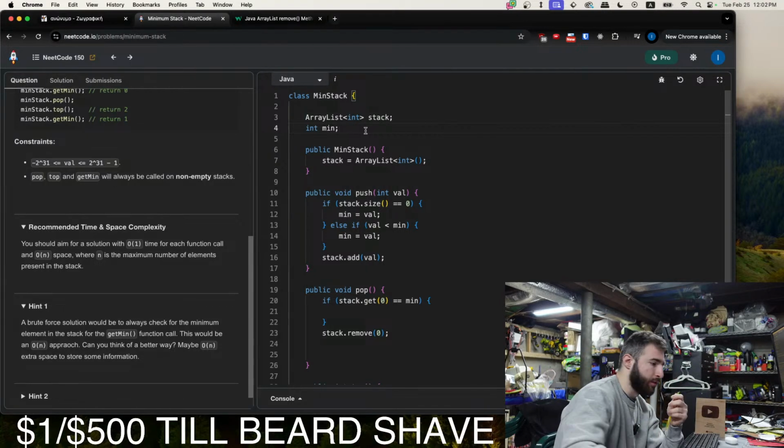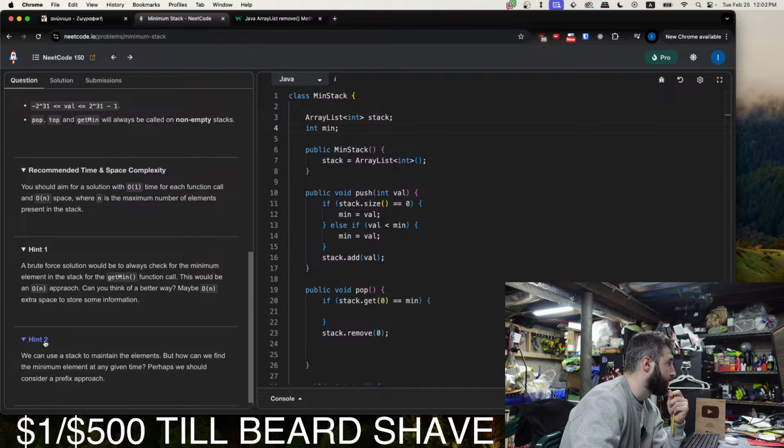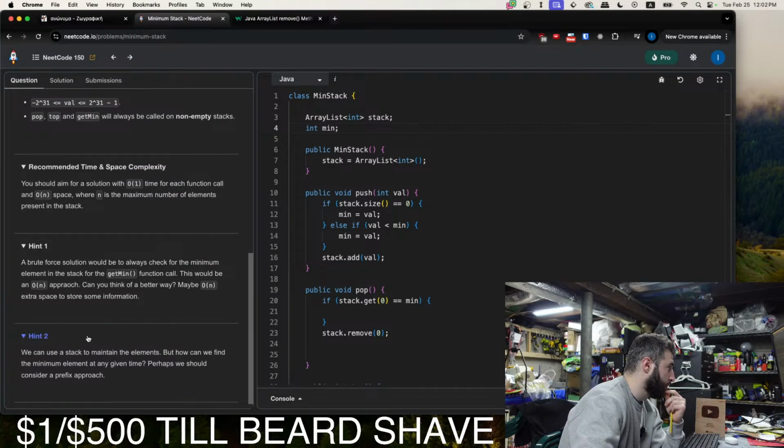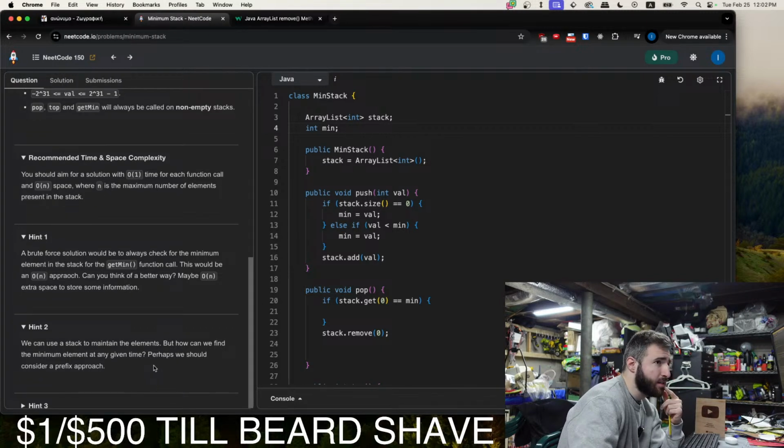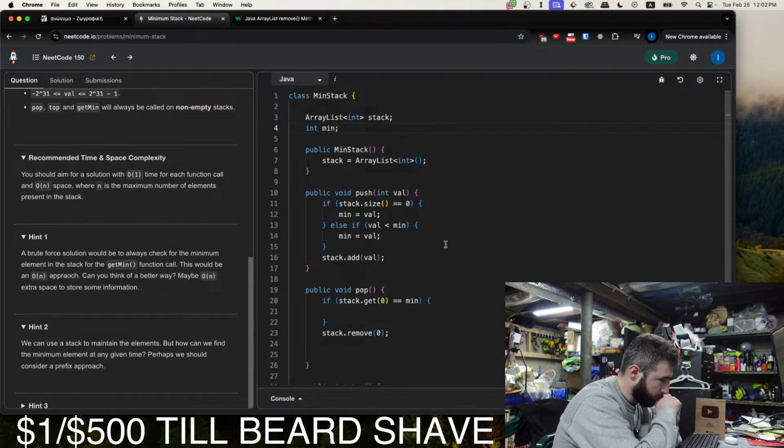All right, hint number 2. I still have no idea. We can use a stack to maintain the elements, but how can we find the minimum element at any given time? Perhaps we should consider a prefix approach. A prefix approach.